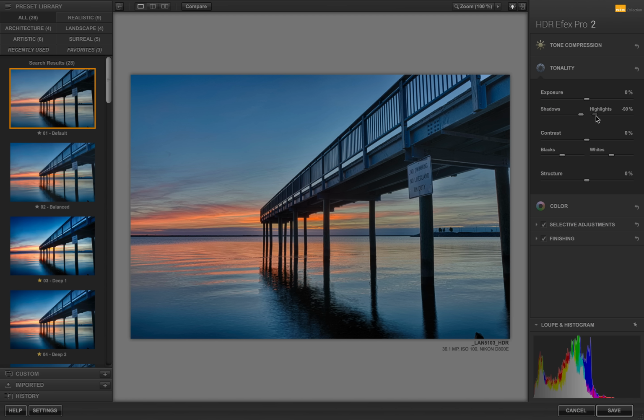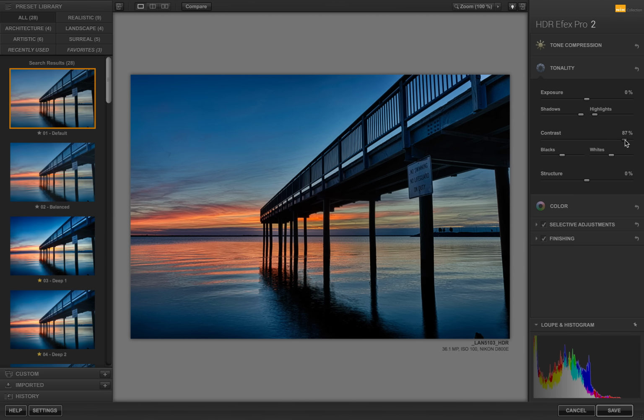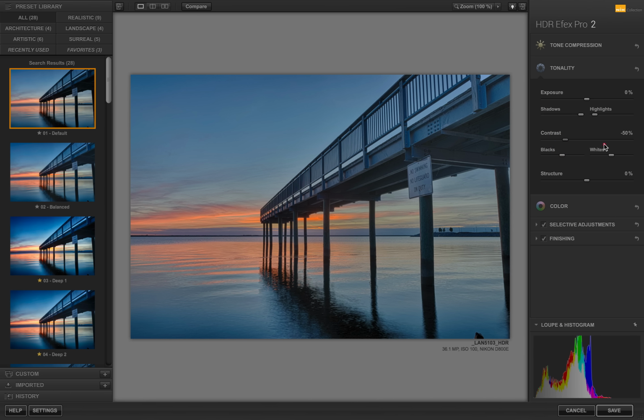I just like to make the sky a little darker. So I have the shadows a little brighter and the sky a little darker. Contrast, again, this is kind of like a gross contrast control. It adjusts the entire image. So we could turn that up, turn that down. And below that we have blacks and whites, and we could do those independently